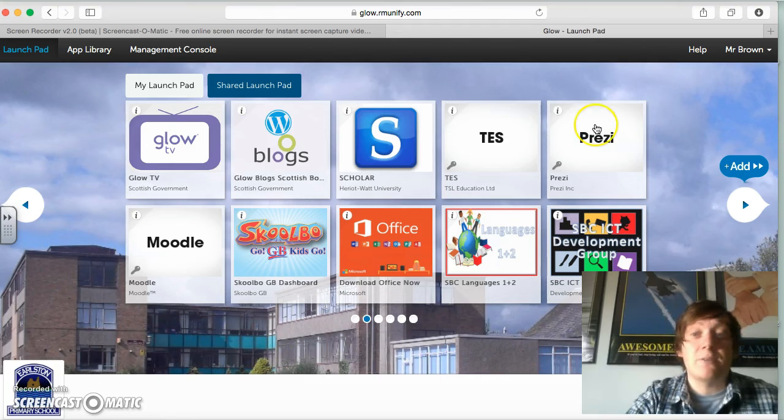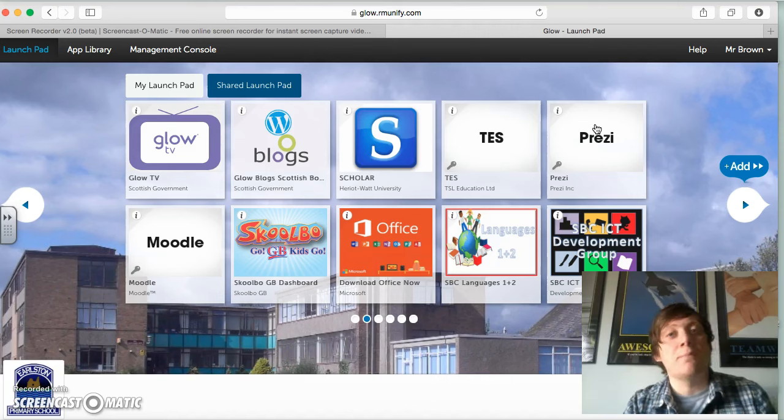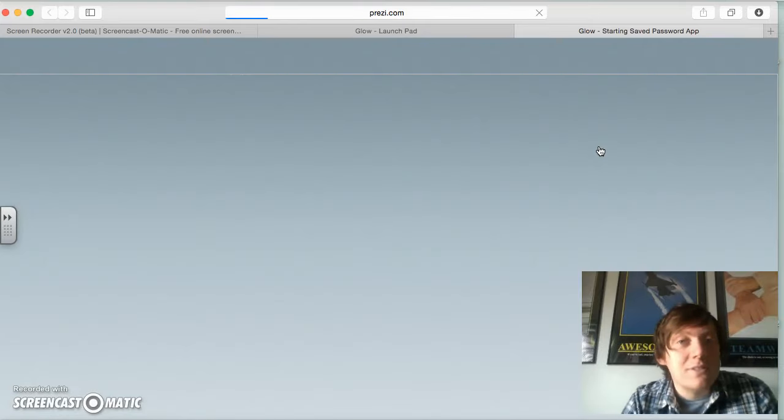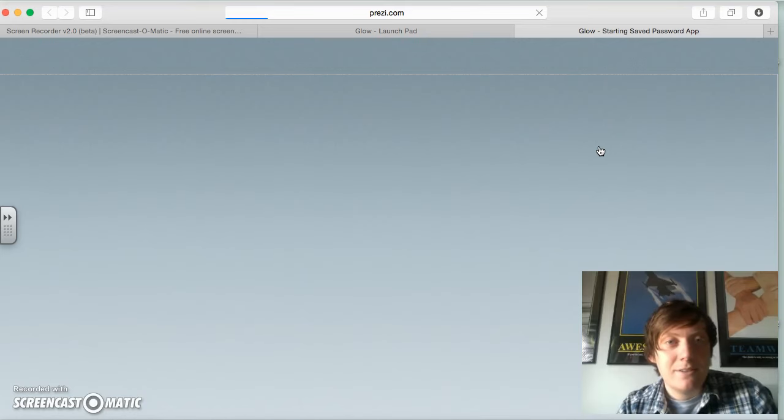And we've got Prezi here. Prezi is something I've used a lot with up to the school. So these sort of learners. But what you'll know with Prezi is that you need your username and you need your password. So often we have our kids going around with these little bits of paper. You know those learners who get lost and they quickly forget what they actually were. Now you get them to log in to Glow with it once, and from then on, you'll click their Prezi,